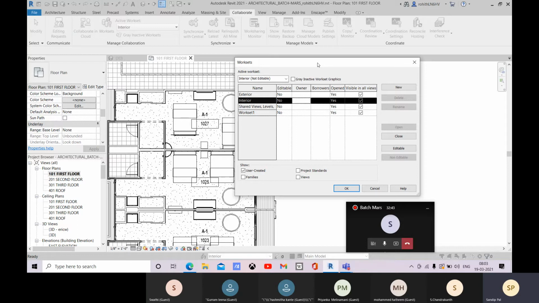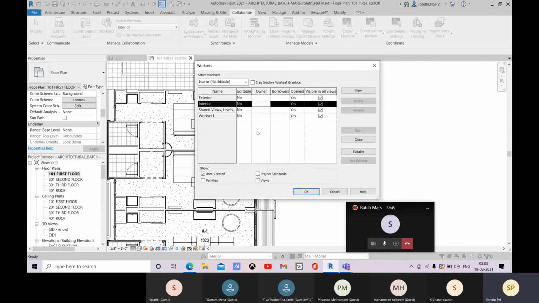That means when I'm not the owner, other persons are allowed to change this. They don't need any permissions right now. Let me make it editable again.